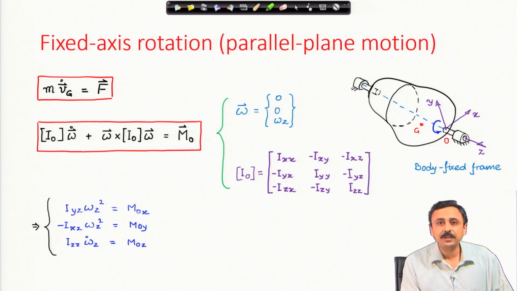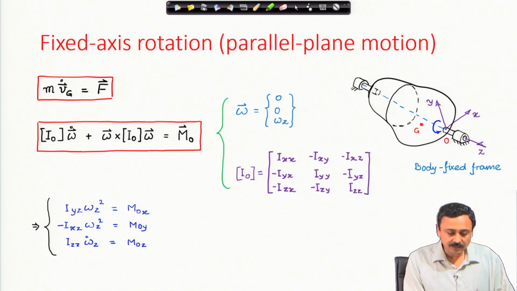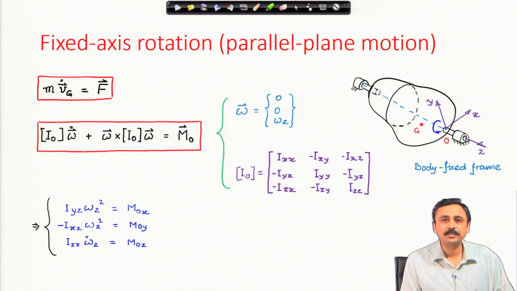Even though this is a fixed axis rotation, this is not a planar kinetics problem. The reason being the first two equations, the i cap and j cap equations. Because of these two equations, this body is not under planar kinetics,